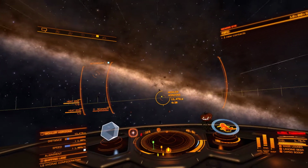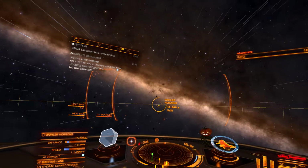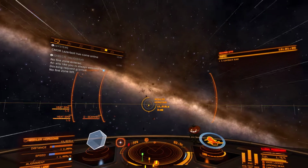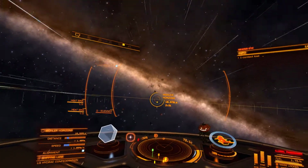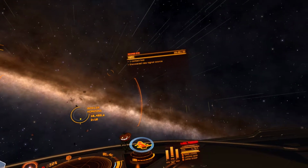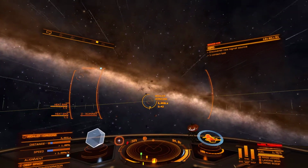So, like I said, if you're new to Elite Dangerous and you need to make some money, you might want to consider coming to the RHEA system, that's RHEA, and then going over to one of the stations called Carter Port. Carter Port in RHEA has passenger cabins that you can buy for your ship and put them in your outfitting so that you can take passengers. Passengers are a little more lucrative money-wise than taking cargo or trying to mine or do whatever else. Passengers pays pretty good,